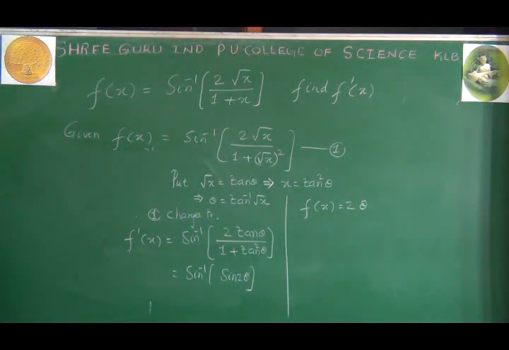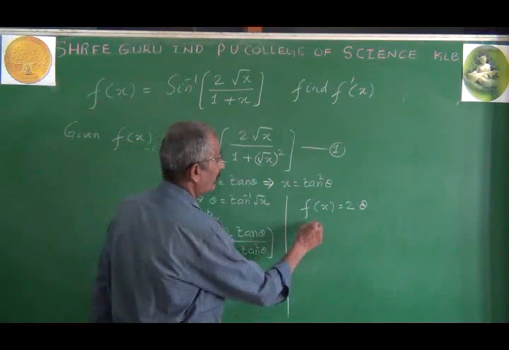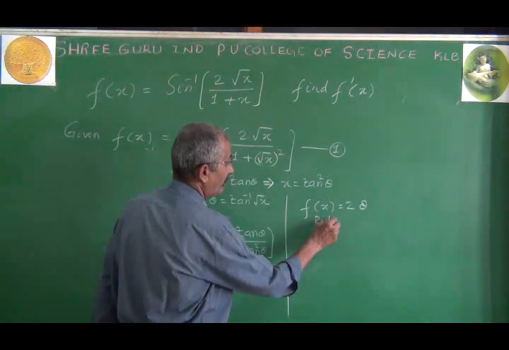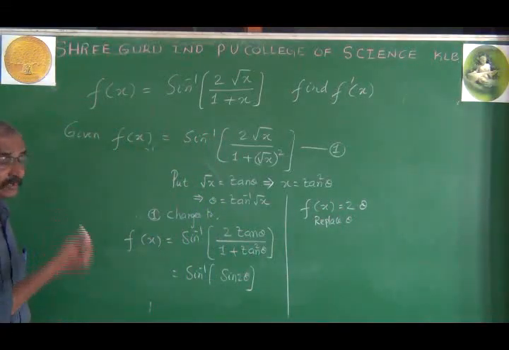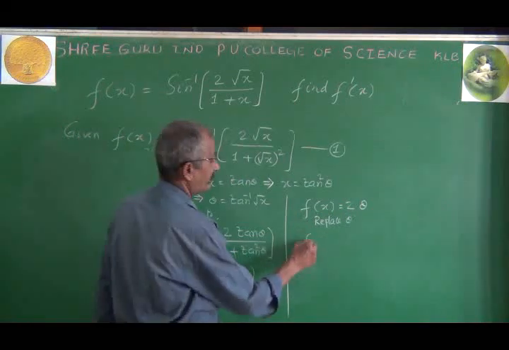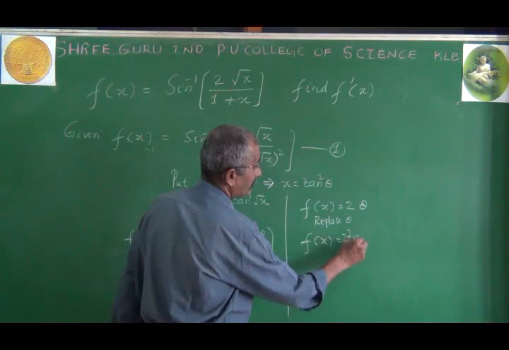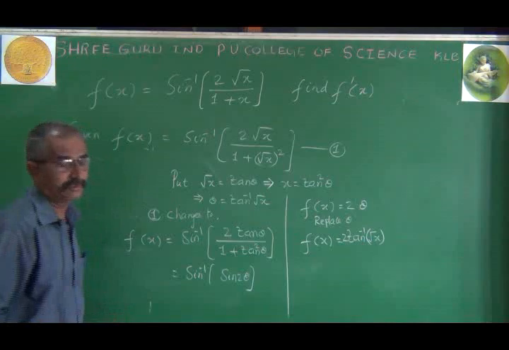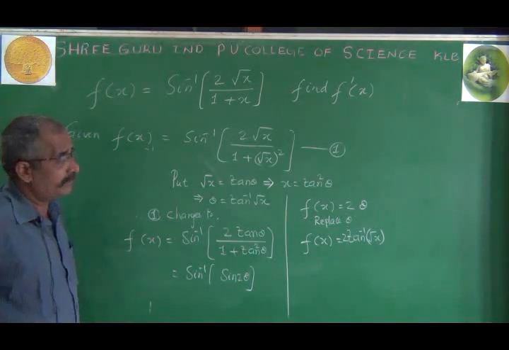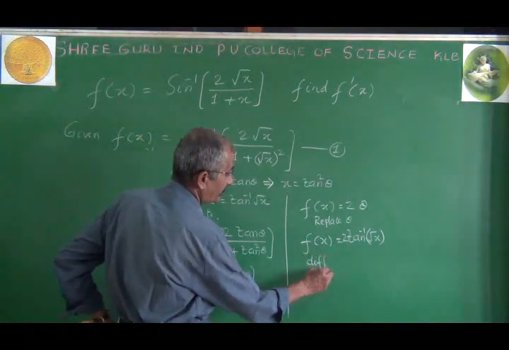Now, more importantly, replace the value of theta. What is the theta value? Its value is tan inverse of root x. Therefore now f of x equals 2 tan inverse root x. Lastly, one step is taken for differentiation. On differentiating with respect to x,